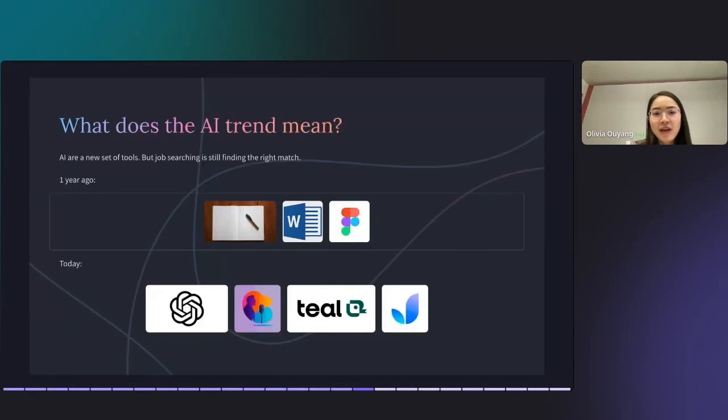And along this way, because AI tools are blooming right now, I remember when I got laid off almost a year ago, I was basically still using the old methods of writing everything on pen and paper and putting things together in Figma, the really popular tool designers all use, and of course a lot of documentation. But today, with ChatGPT and a lot of other AI tools that can help you mock interview,